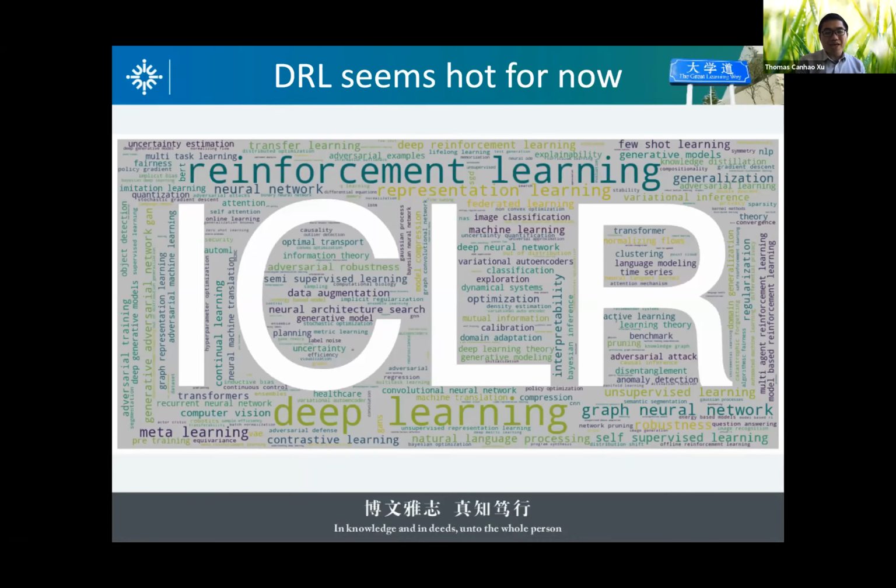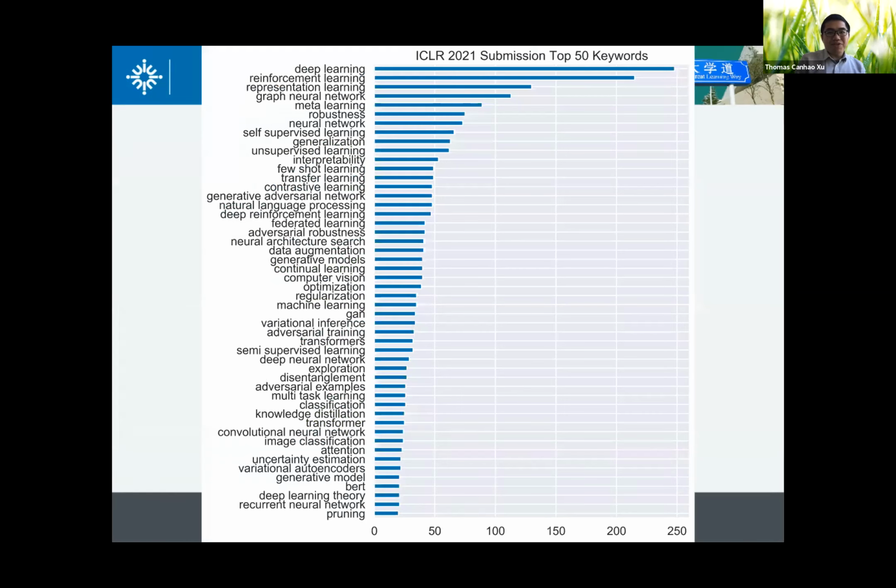As you know, if we take a look at the conference topics, we know that most people are interested in deep learning and reinforcement learning. Wow, this is the trend, at least nowadays. So this is for the research. And if you take a look at the top 50 keywords for the papers submitted to the conference, you know that basically deep learning and reinforcement learning are quite hot these days. Well, it's not only hot these days, but it's been there for quite a long time.